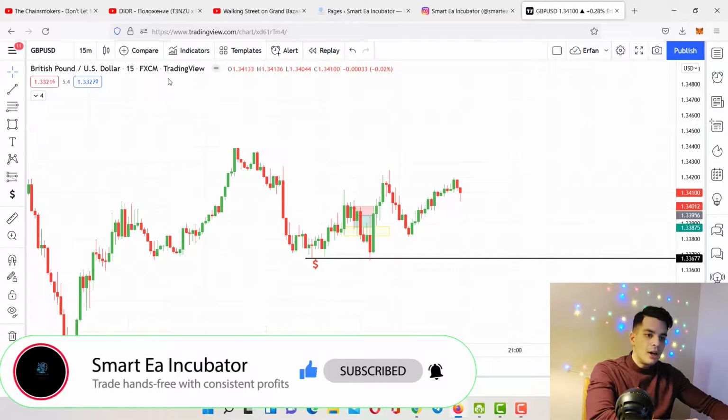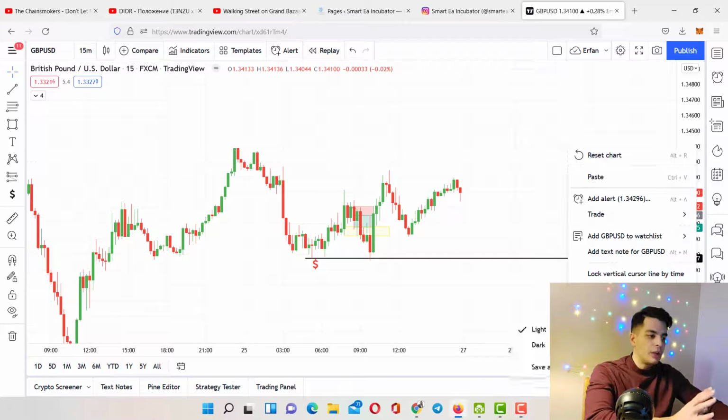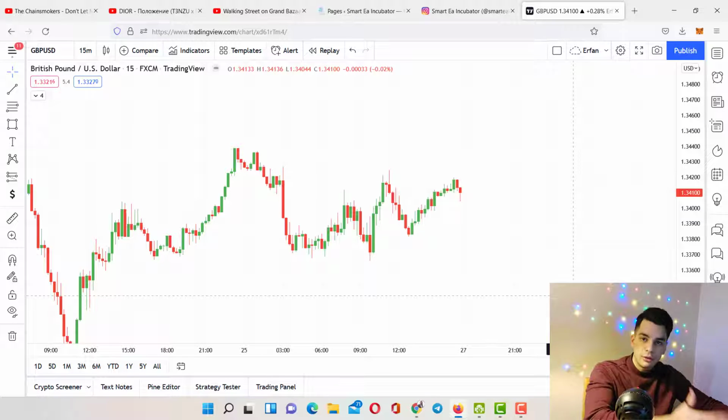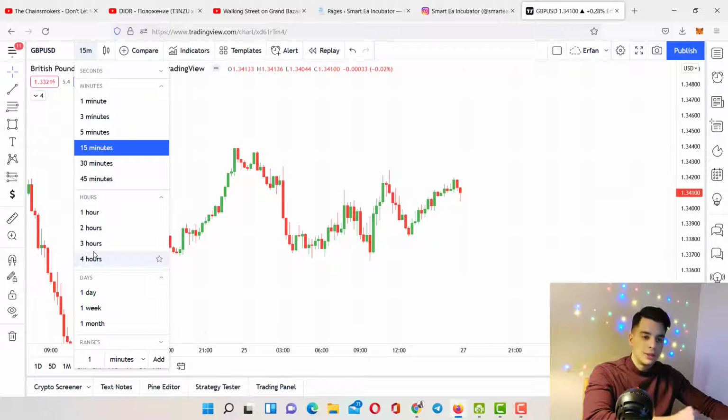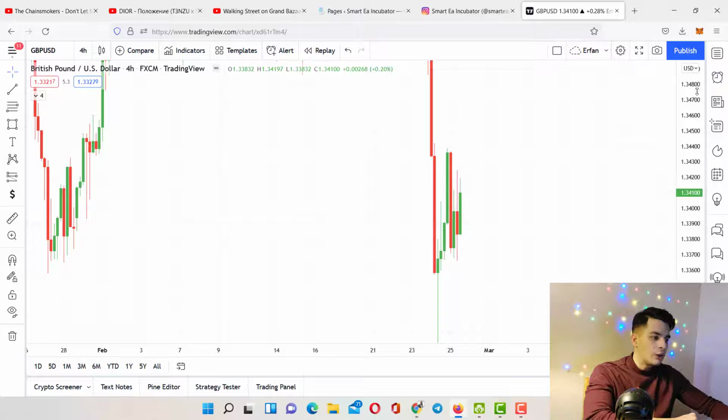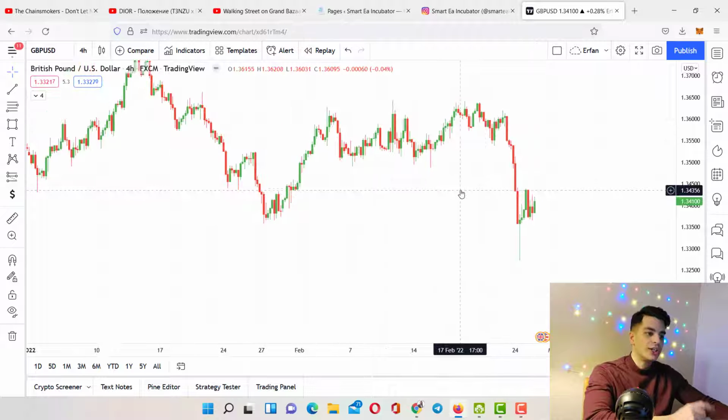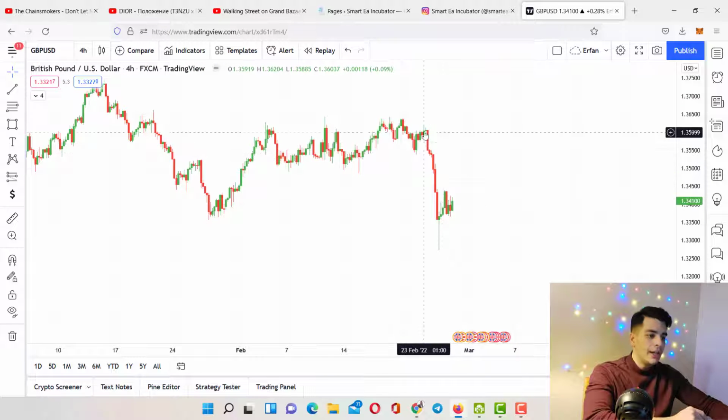So as you can see, I'm on a GBPUSD 15-minute time frame, but I don't want to analyze the 15-minute time frame because we are not trading live. This is just a market analysis, so I want to do a top-down analysis. I'm going to start with the 4-hour time frame on GBPUSD and show you exactly what happened. As you can see, we had a huge drop since February 23rd, which is 4 days ago,